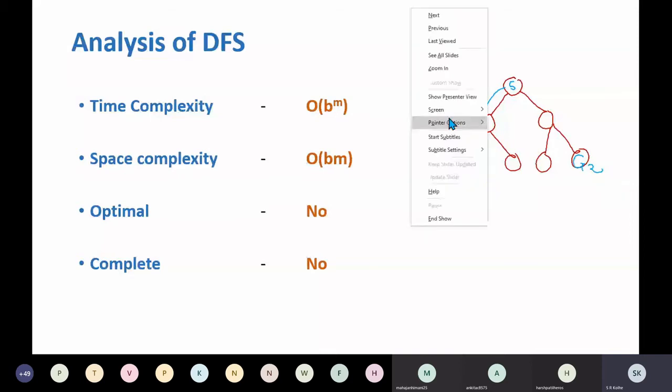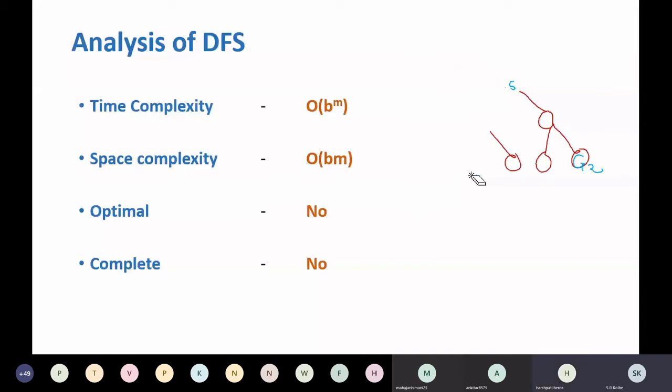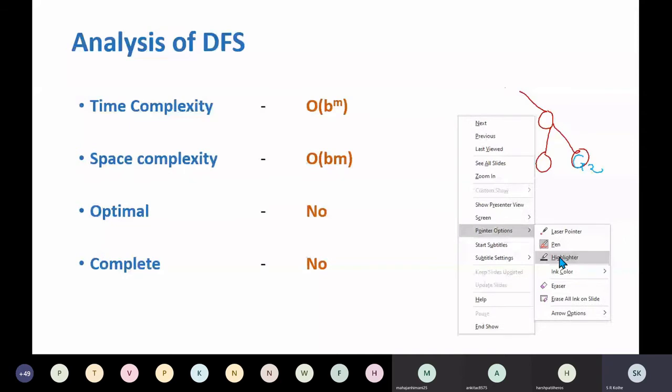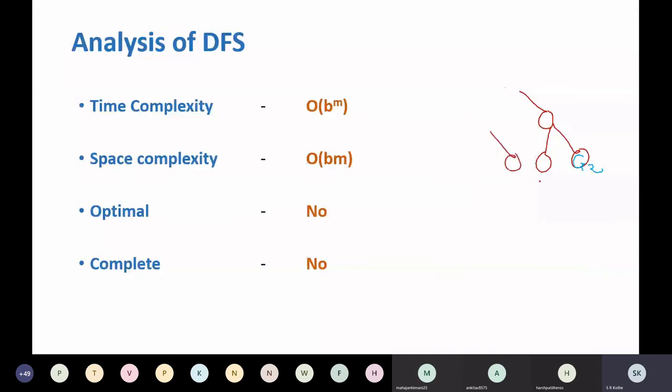How many nodes does the algorithm have to visit? All nodes the algorithm will be visiting. How? Let us complete that.